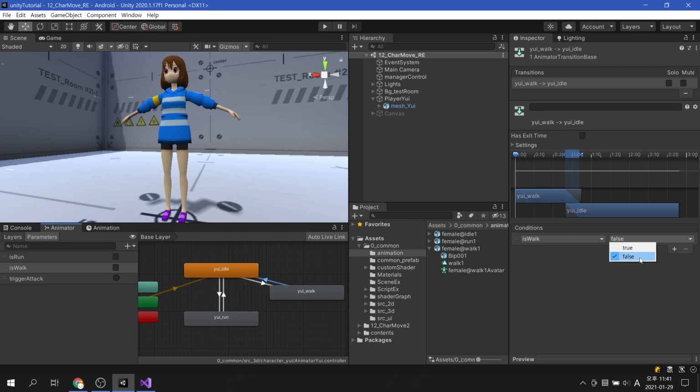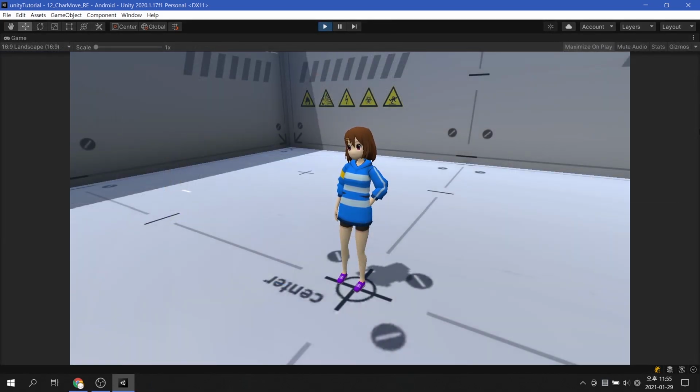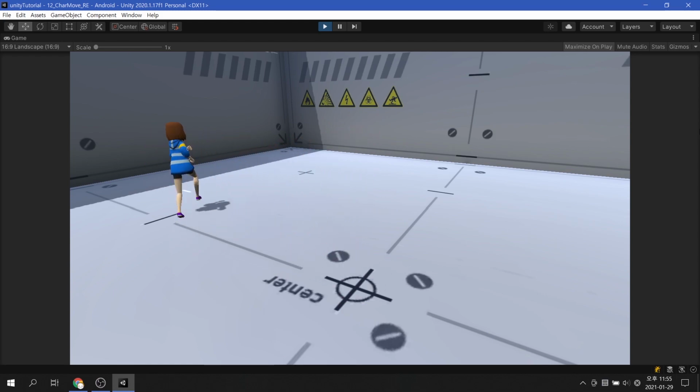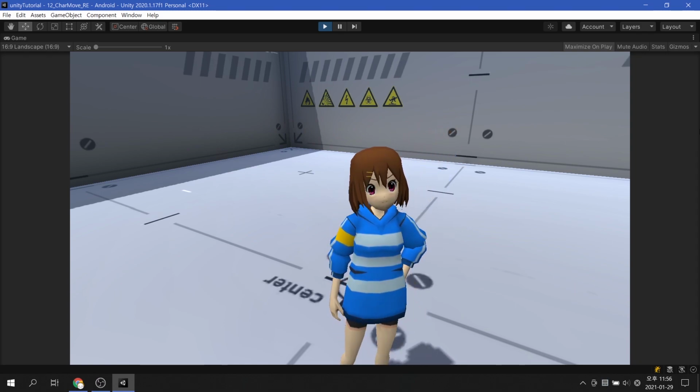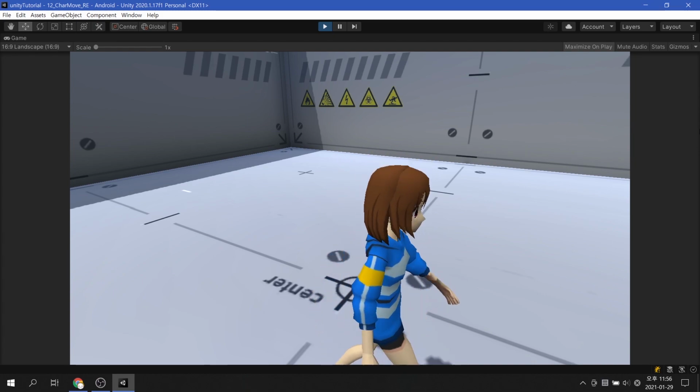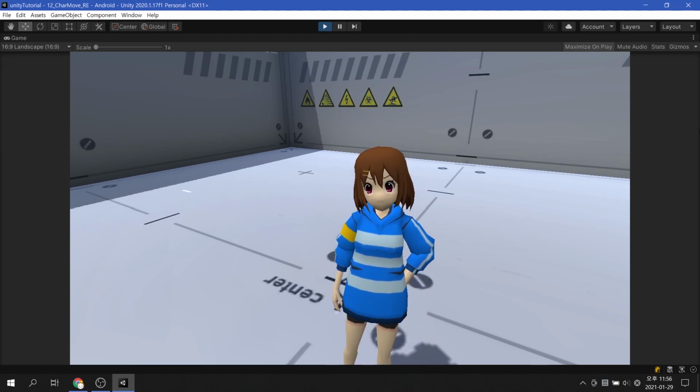Before implementing the function, let's check the intro video first. When the character rotates, the walking animation is played. The walking animation should only play when the character rotates in place. And when the character advances, the running motion is played. Now that we've created a rule, let's write some code to implement it so that the animation plays correctly.